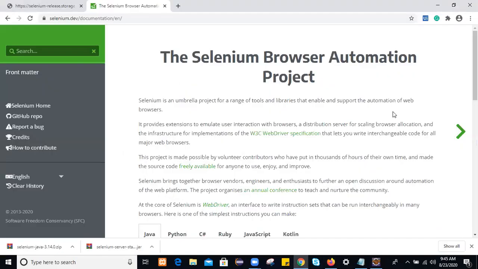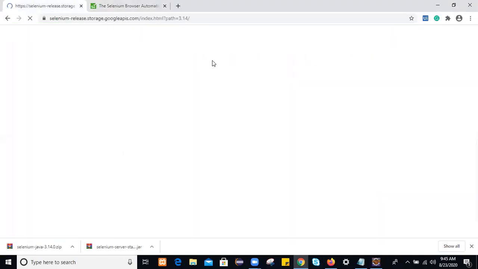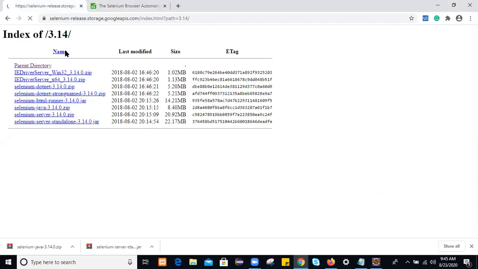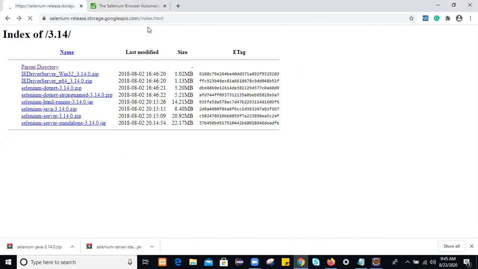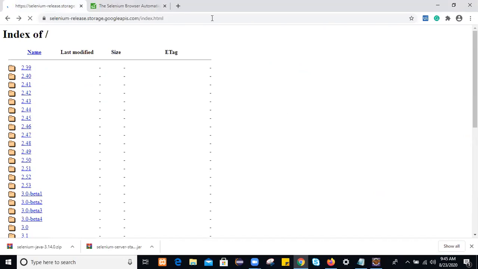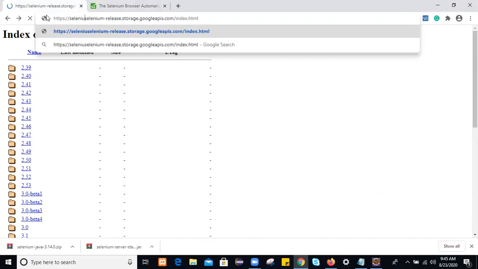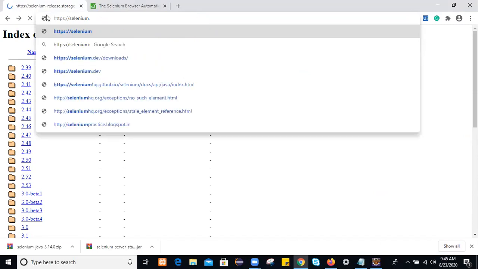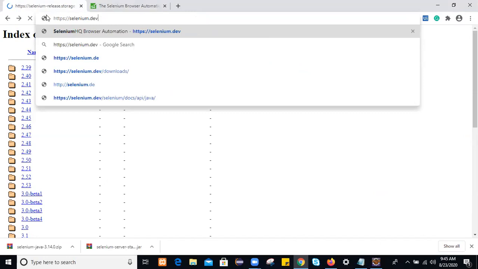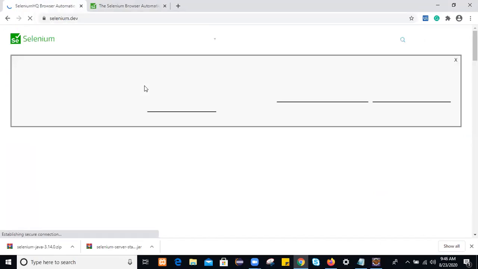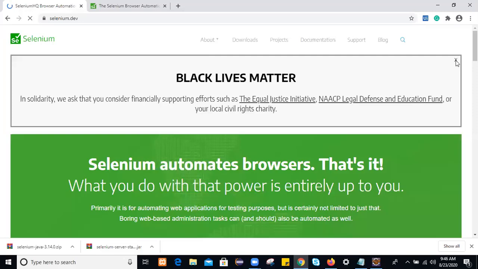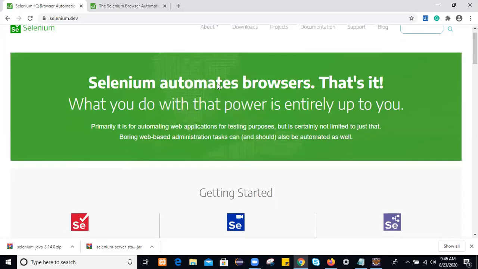If you go to the official website of Selenium and go to the home page, you will see we are working with a third-party browser. That's why you are getting this exception.